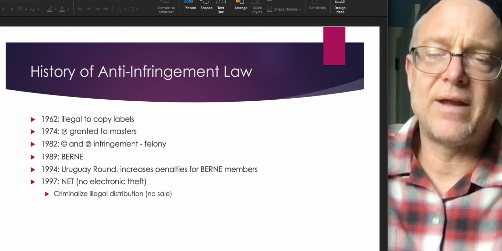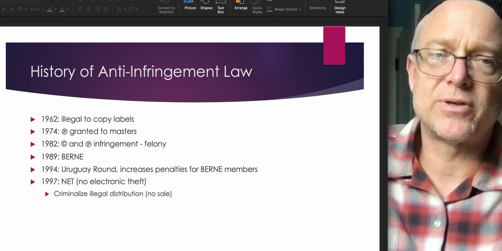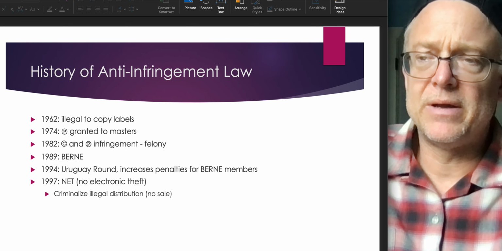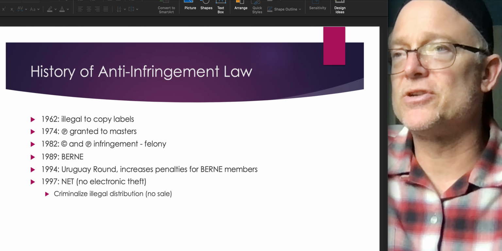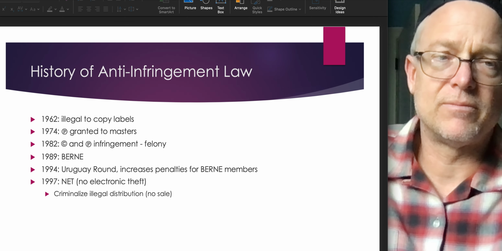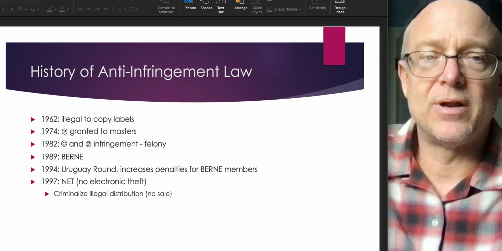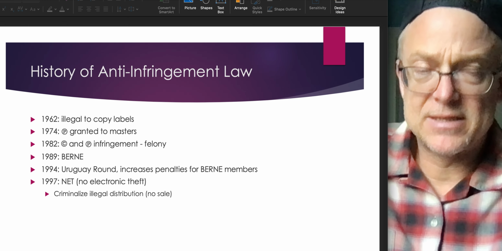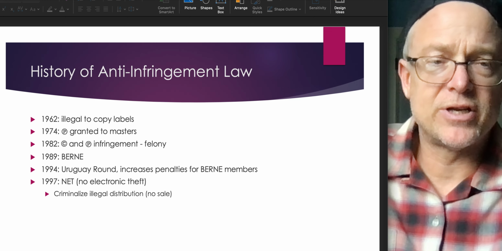1989 and 94, you've got the integration of the United States into the Bern Convention. Bern is a city in Switzerland where this meeting was held. But basically, it was a reciprocal agreement saying that the United States would prosecute infringers that they had this agreement with, if somebody's from Canada or from Spain and they're in the United States. Spain and the United States are both participants to the Bern Agreement, and the agreement states that the